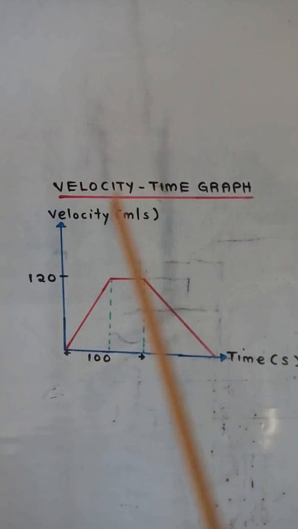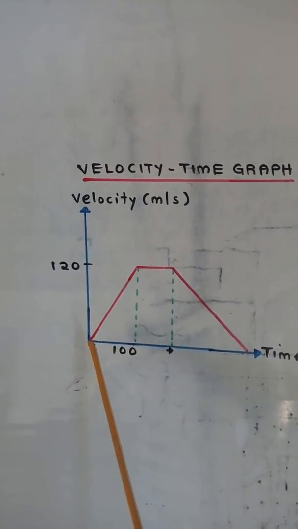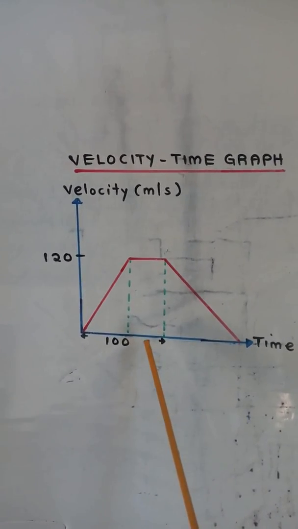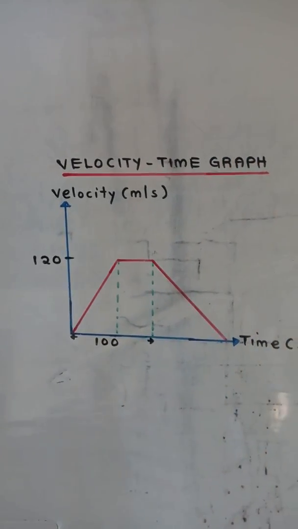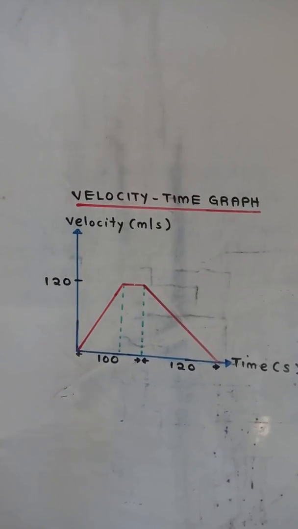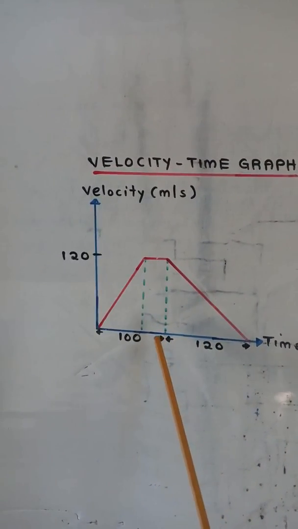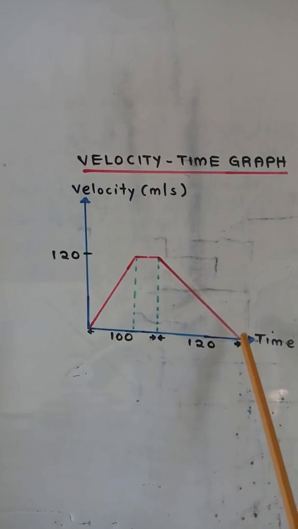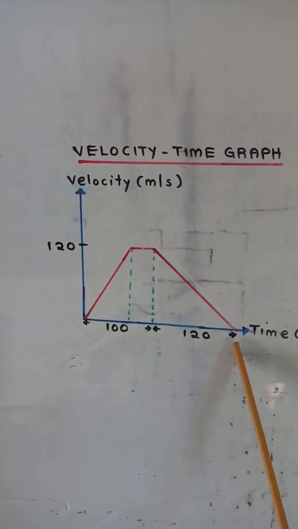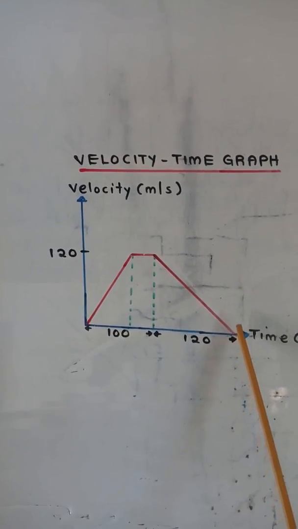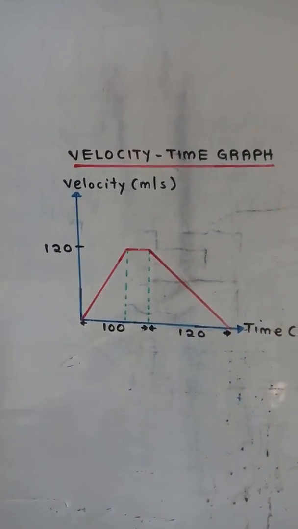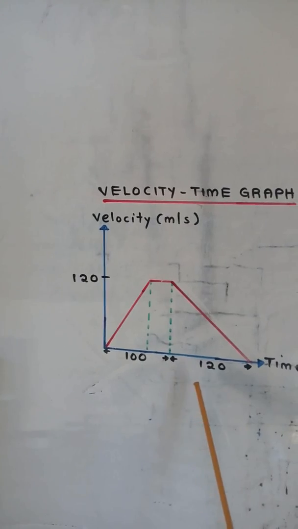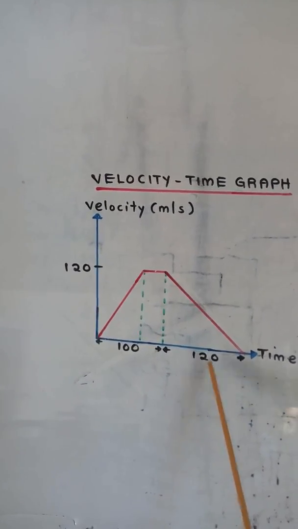The time from this point up to this point is 100 seconds, and the time from this point up to this point is 120 seconds. 100 plus 120 is equal to